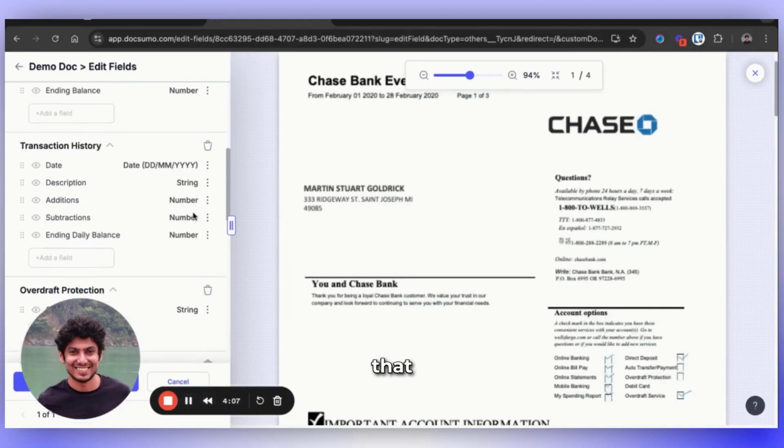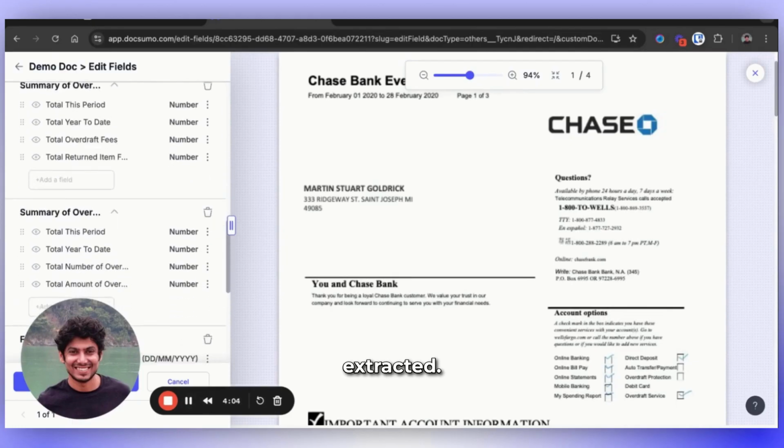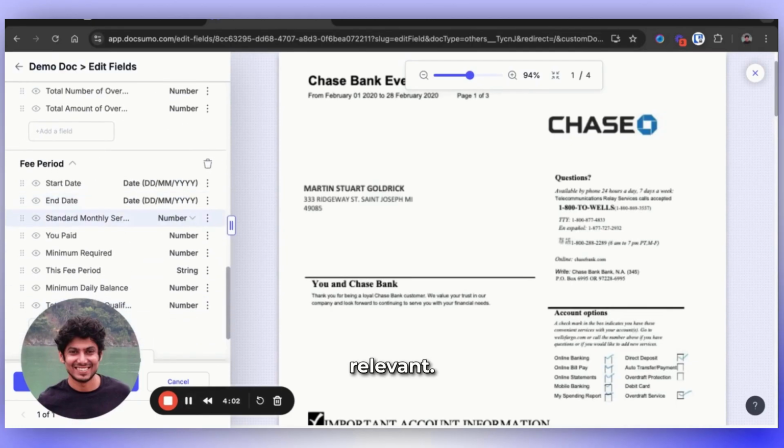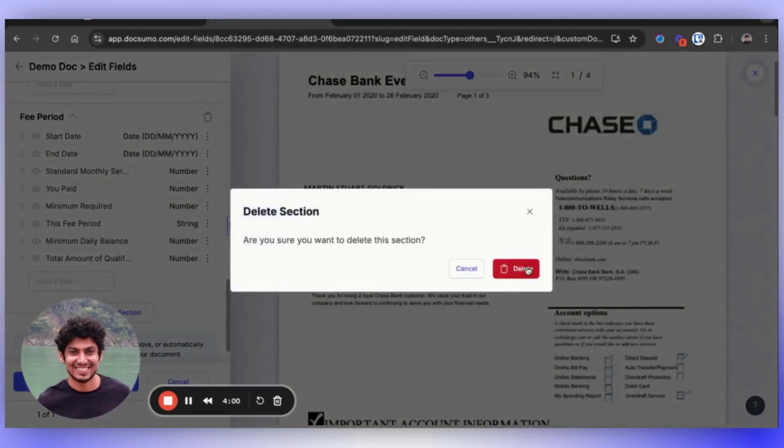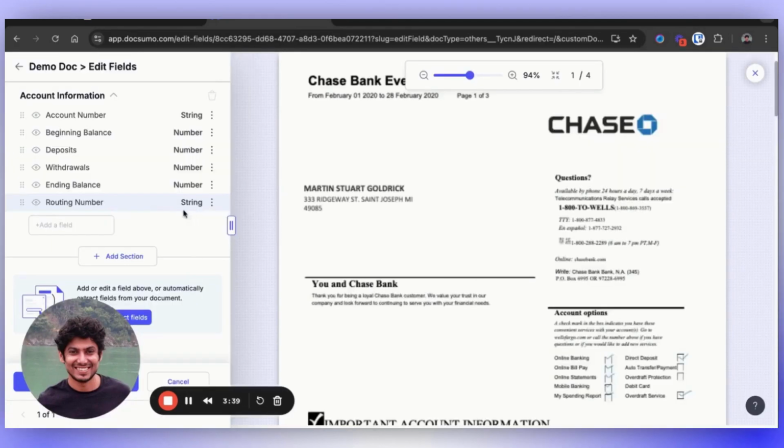Yeah, we can see that a lot of fields were auto extracted. Not all of them are relevant. I'll just delete these ones. Yeah, let this be, and let's also add transaction table,